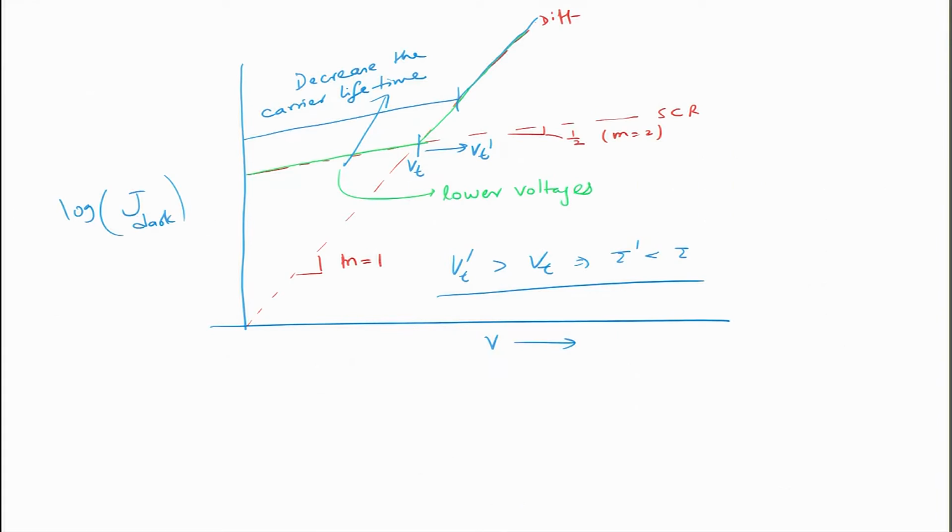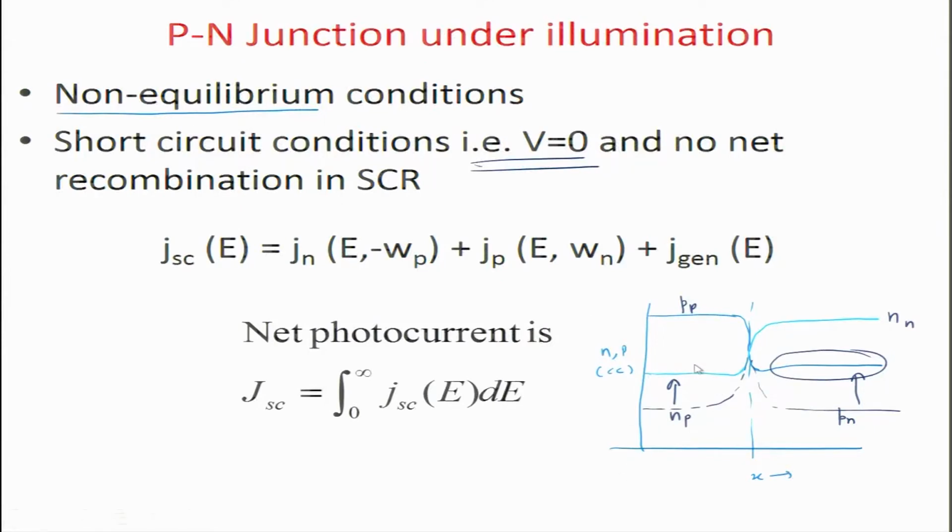Generally there is a transition from space charge current to diffusion current that happens at very low voltages, but if your carrier lifetimes are smaller, so carriers diffuse and recombine, or the diffusion lengths are shorter, then the transition to diffusion current is at higher voltages. That is what we saw. And then finally, we were looking at the p-n junction under illumination,